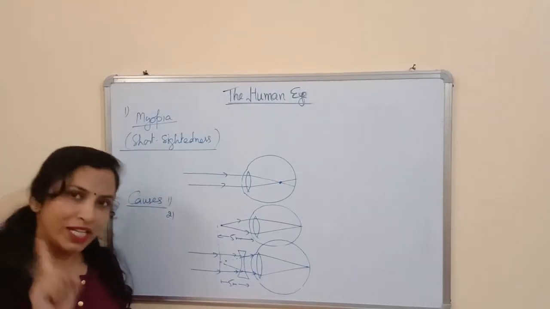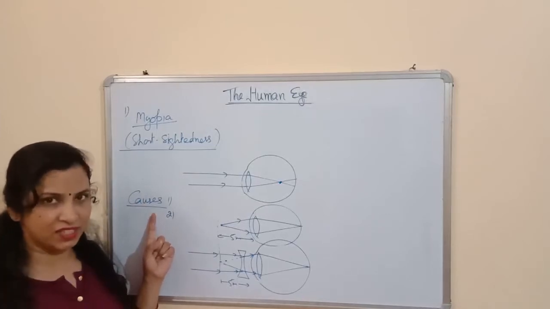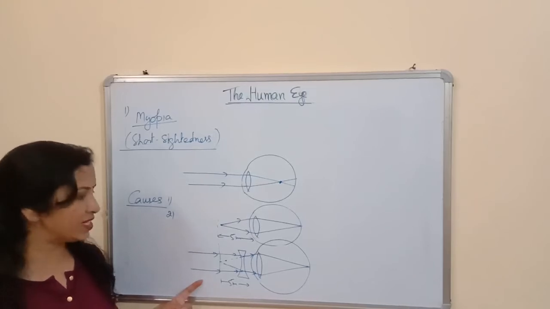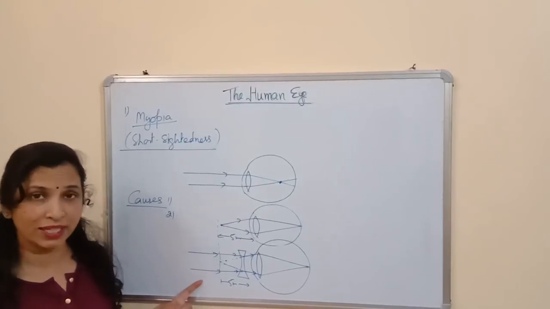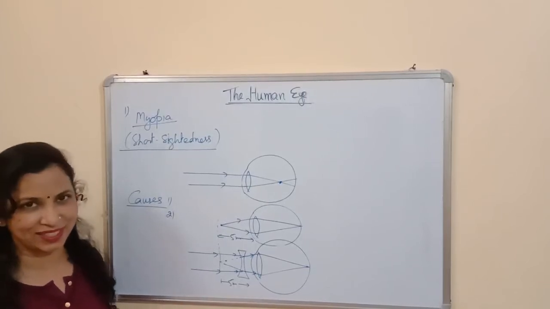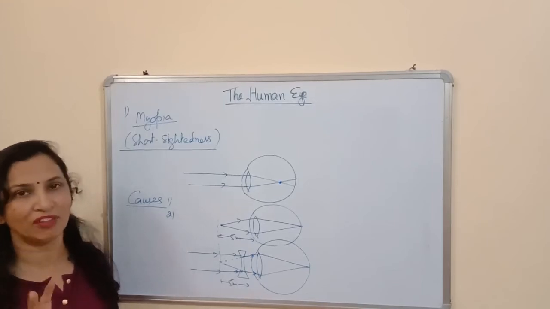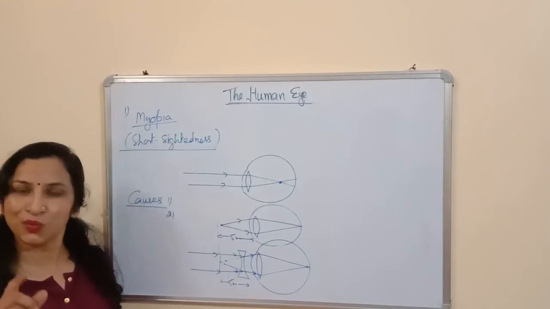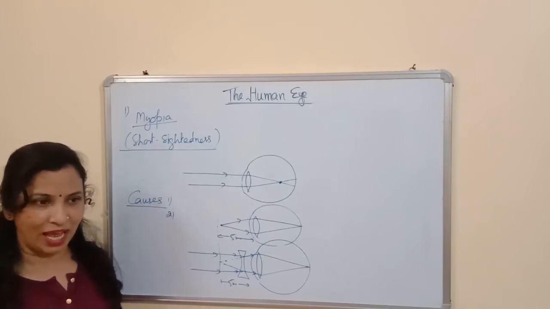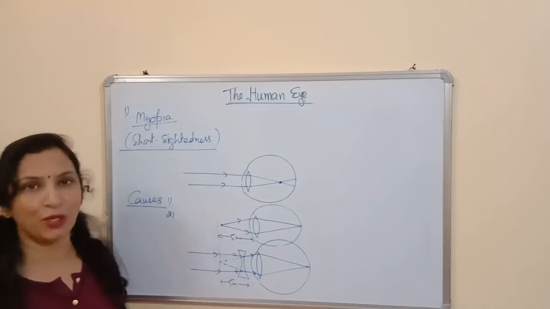You should know what is myopia, what can be the cause of myopia, and which lens we use for myopia. We use the concave lens, having negative focal length and power. So the lens we use for myopia will have a negative focal length. Now if you have spectacles, you should know what is the power of your lens, which type of lens you are using in your spectacles, and what is the focal length of your lens. So this is about myopia.